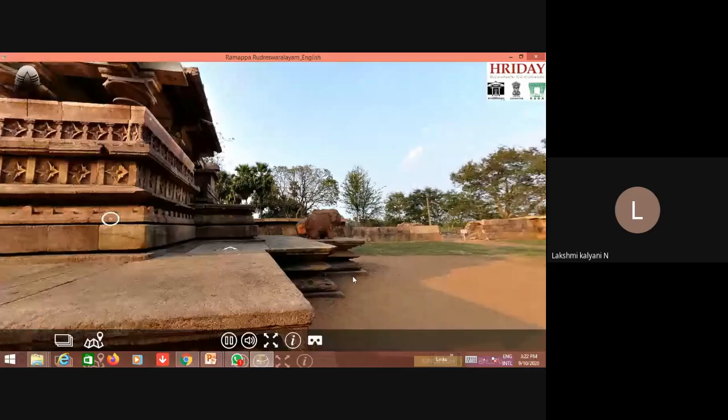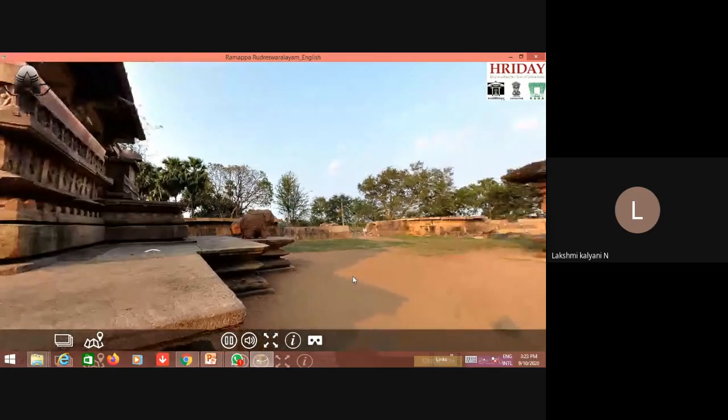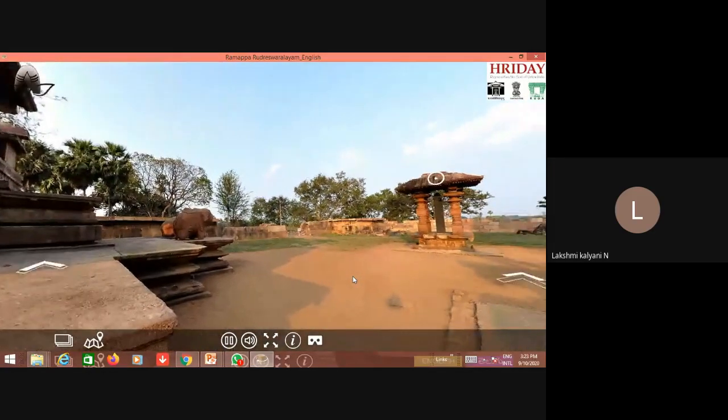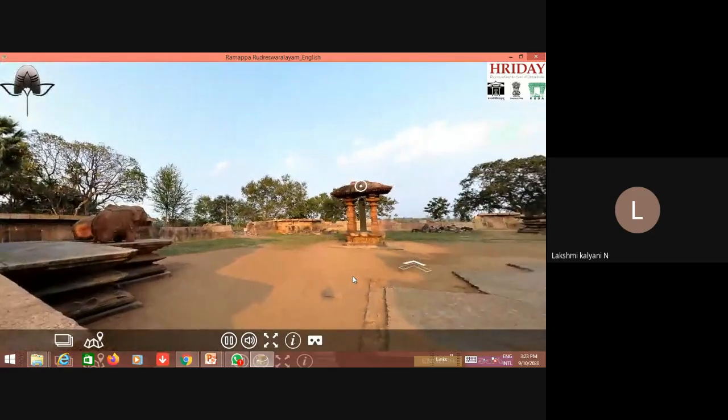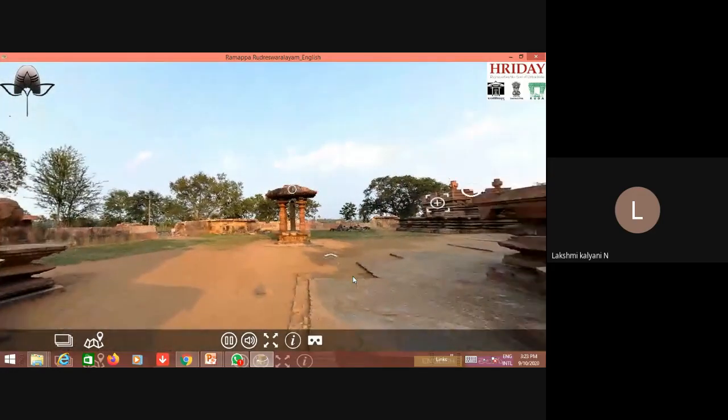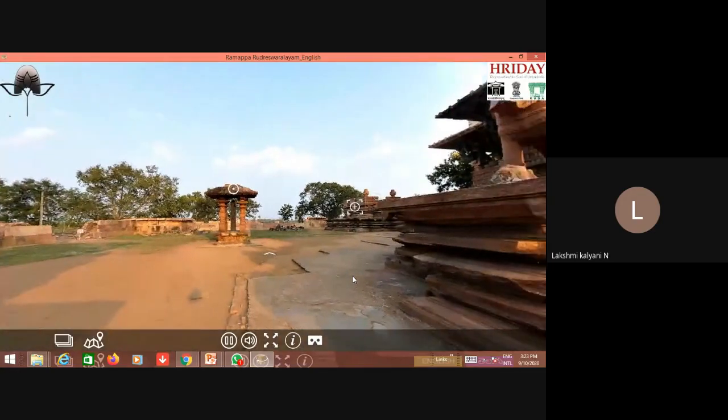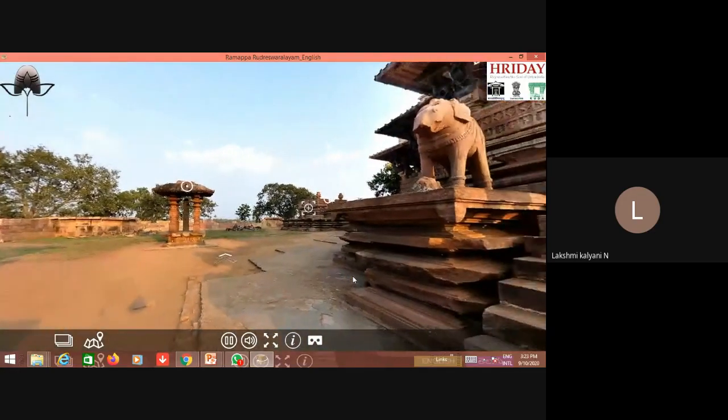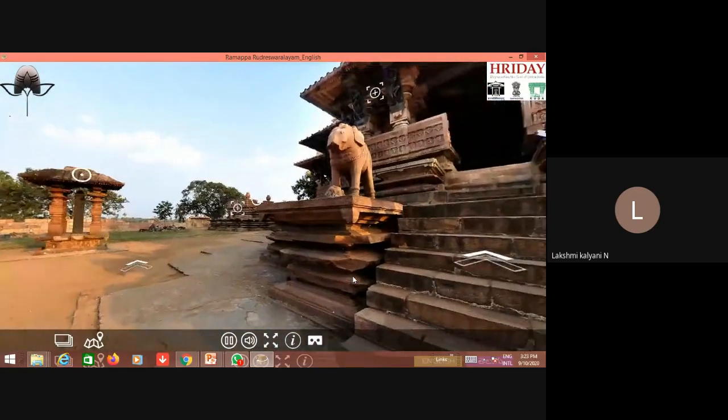The visitor can enter the temple from any of the three entrances or porches on the east, north, and south, which are adorned with almost life-size beautiful figures of females on either side, which are exquisitely carved.